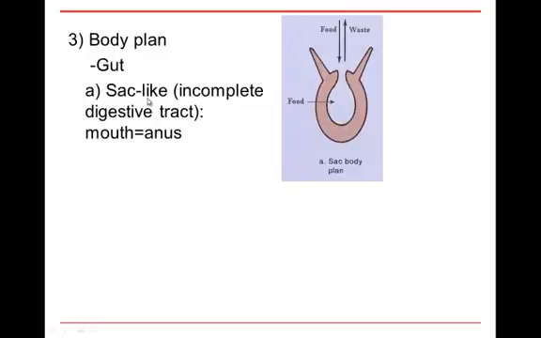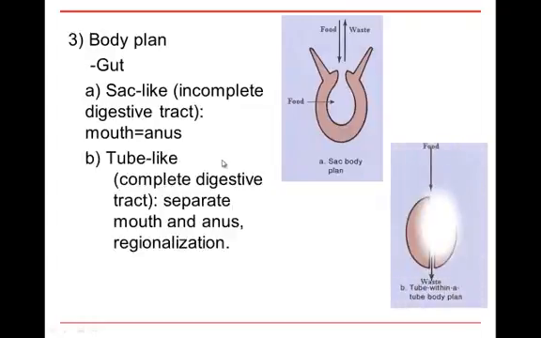And one possibility is to have a sac-like gut, also known as an incomplete digestive tract, where there's a single opening through which food enters and waste exits. A second possibility is to have a tube-like gut, and this is to have a complete digestive tract in which you have a separate mouth on one end and an anus on the other end. And this actually allows specialization and